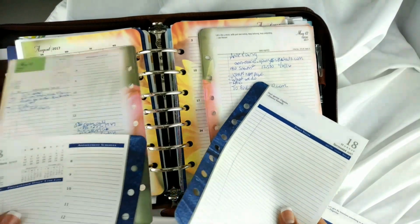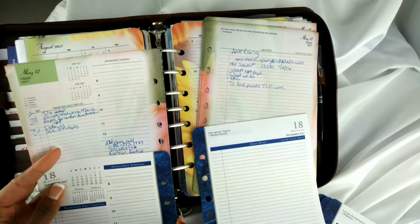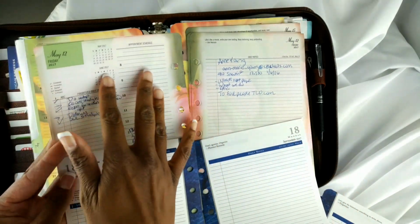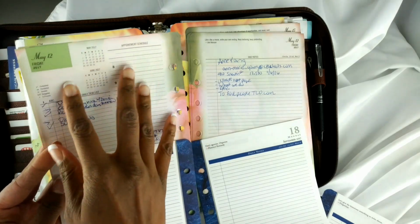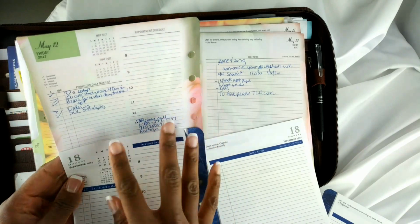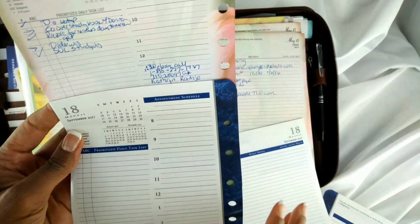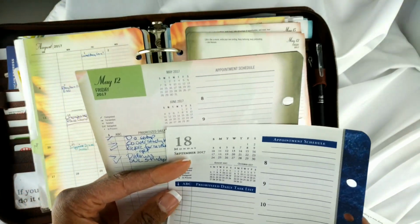Okay. So, it's 2 pages for 1 day for both of these planners. And as you can see, this one has a colorful background, a real light, faded, pale. And these lines for the Monticello are very clean. And one difference that I noticed between the Blooms and the Monticello, if you can see here, is that on